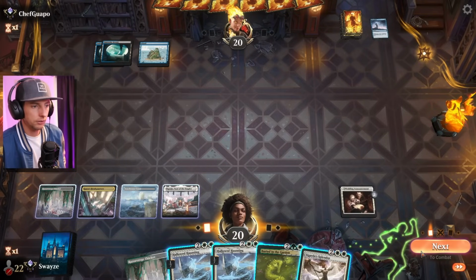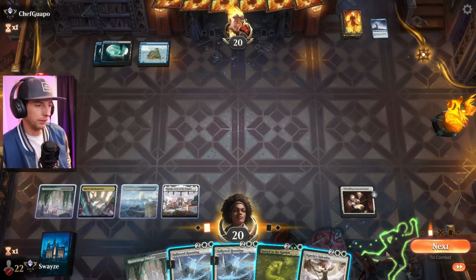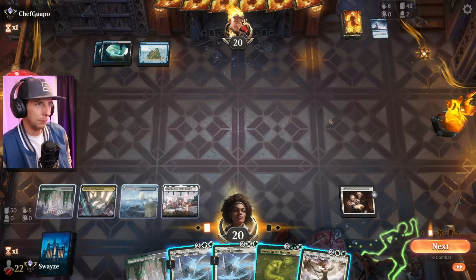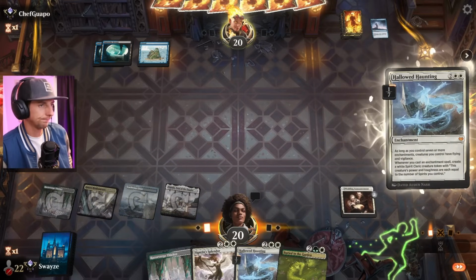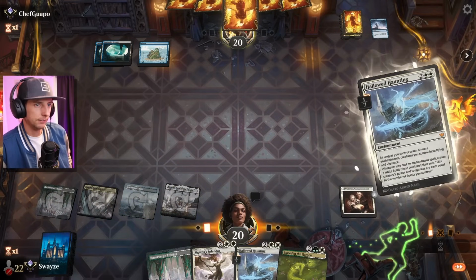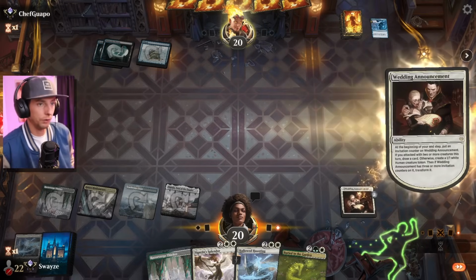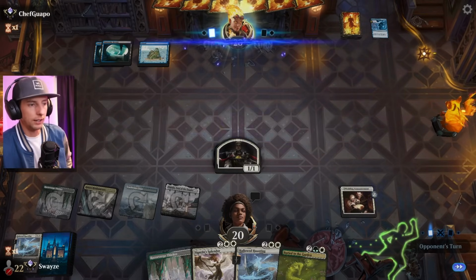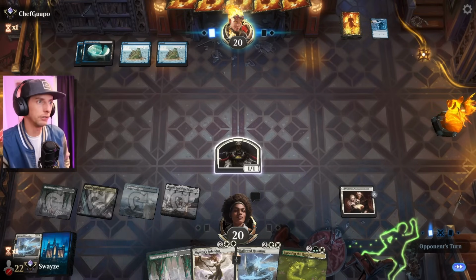Whatever I play here, there's a really strong possibility it could get countered. And I feel like this is going to be a game of card advantage, so I'm going to give up a Hollowed Haunting here. You hate to see it. Yeah. And they're proliferating. Okay, so we figured out the opponent is probably on that poison game, which is good. They haven't even hit us with a single poison counter yet, so